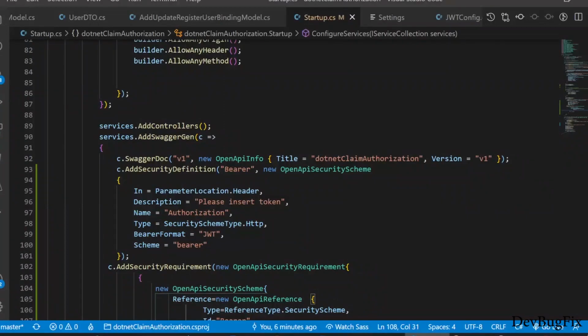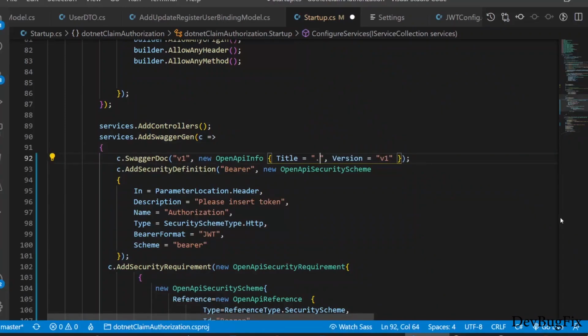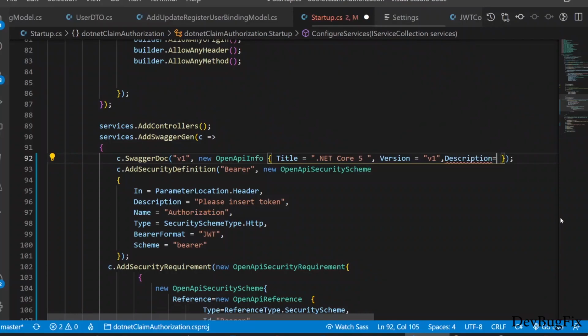Now we will modify some information on the page, like we will change the title and add a description. New title of project, .NET Core 5, and we will add a description, and here we can add links like privacy policy and other links.